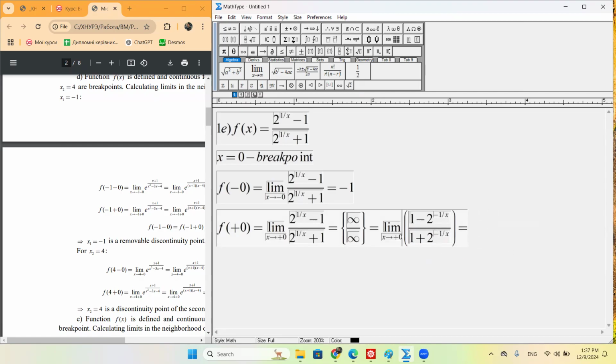So we divided both parts by 2, and basically we have 2 in power of minus infinity, 2 in power of minus infinity, and the result is 1. So this is a jump of the function, and the value of the jump,